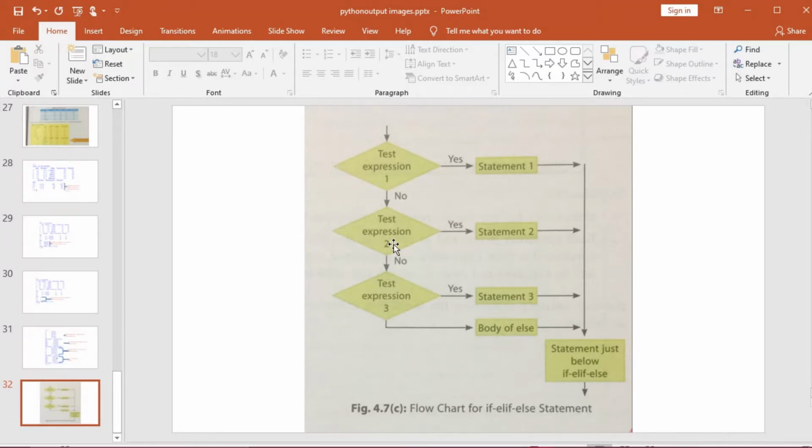Say for example, you want to come to your house from the market, and you have several options. You can come by auto, by bus, by private car, or by rickshaw. Whenever you get one of the vehicles, you will not go for the rest. Suppose you have searched and got an auto, then you will take the auto and come to your house. You will not go for any other vehicles, yes or no?